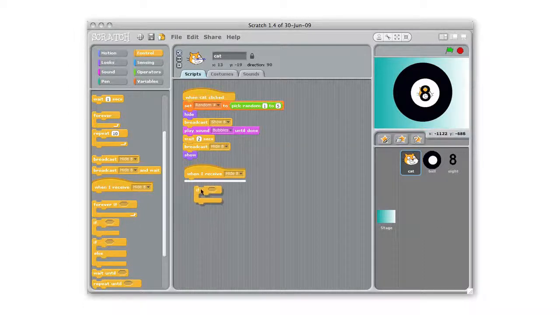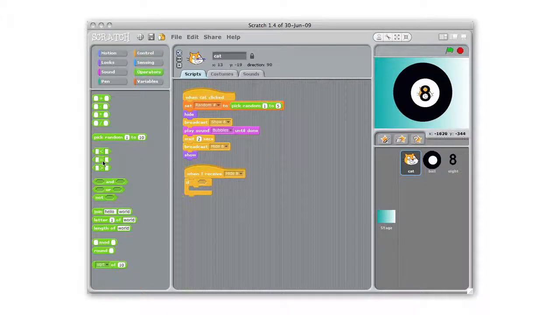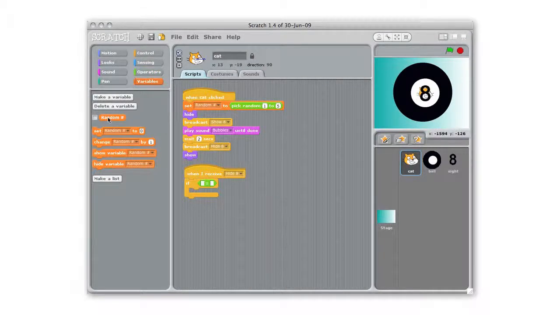So when I receive hide 8, if, we have a little hexagonal box here, so that's going to be a yes or no. We'll pull that out. If, we'll snap in an equals right in there, go up to variables, and our random number has the round edges, so I can drop it in where a number is needed. If our random number equals 1,